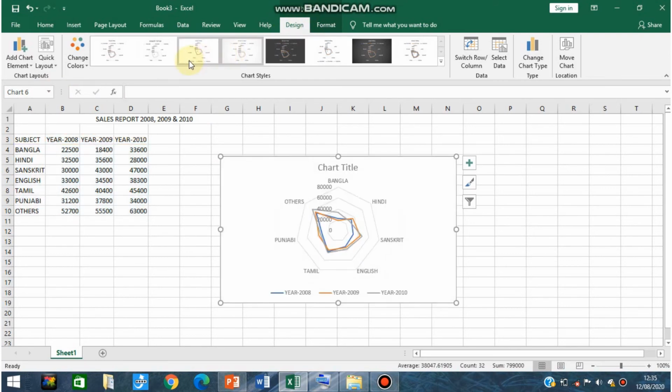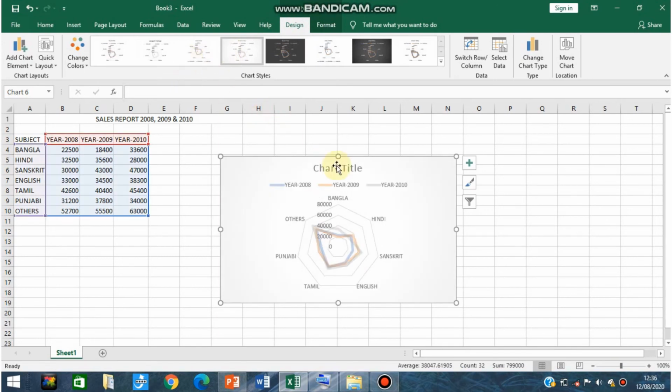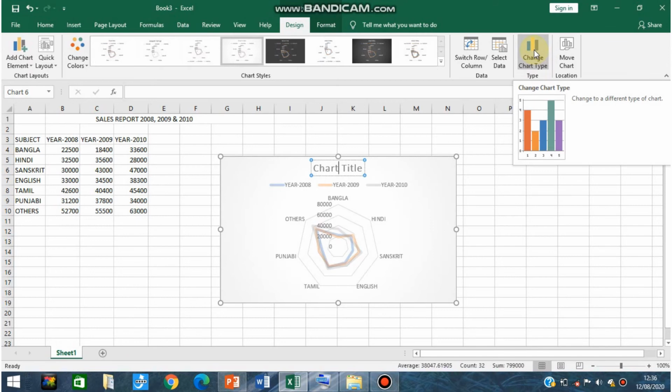Here inside this chart title there is already one dialog box created. You can add the title of your chart inside this chart title by clicking here. Now next, you can also change the chart type. For changing the chart type, here inside this design tab you will find one section of type. Click on that change chart type option